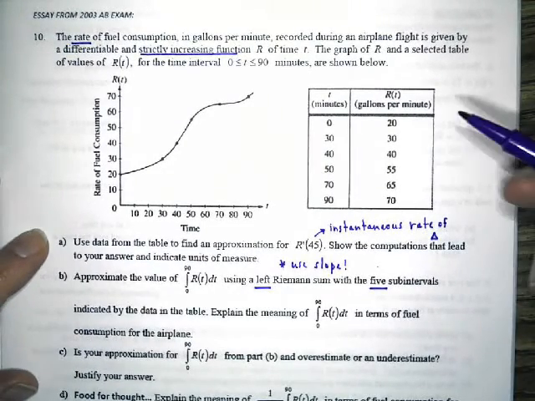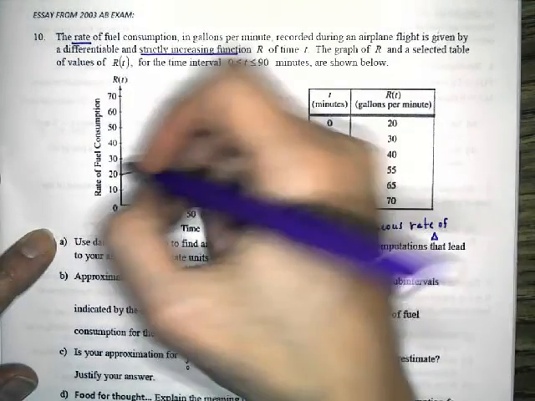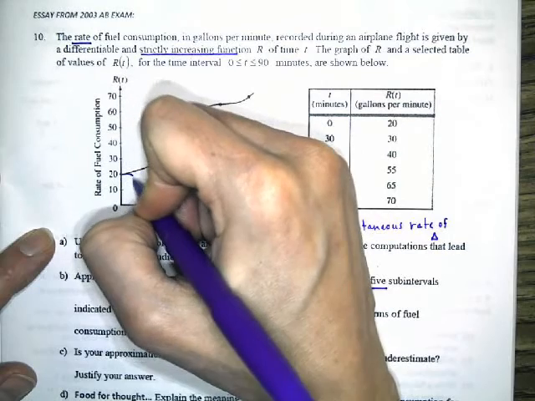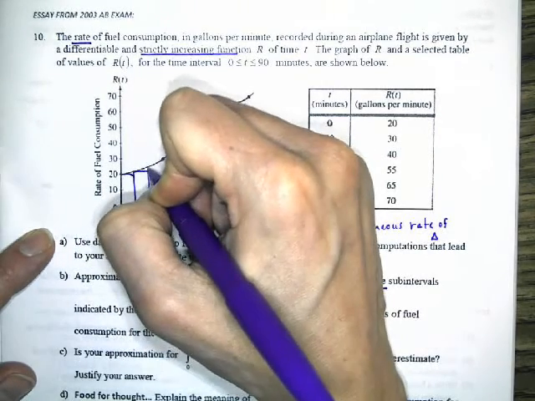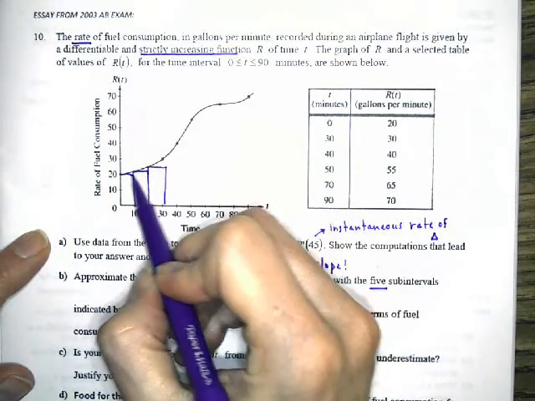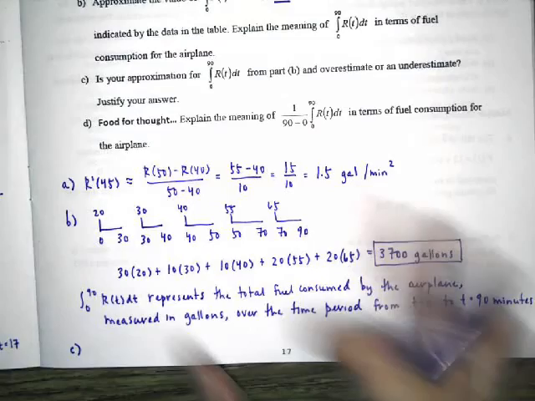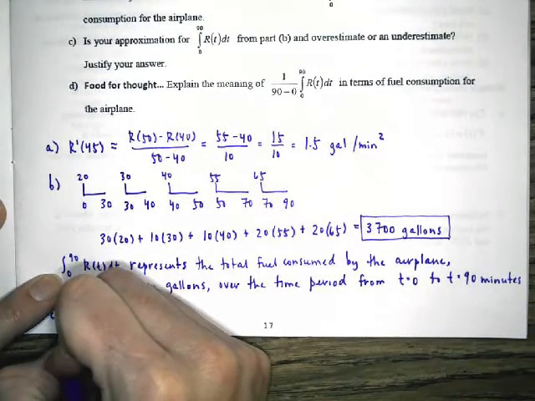So if I sketch in some rectangles for a left Riemann sum, I can see that doing this left Riemann sum is going to give me an underestimate because I am underestimating the area under that curve. So for part C, I can say the approximation is an underestimate